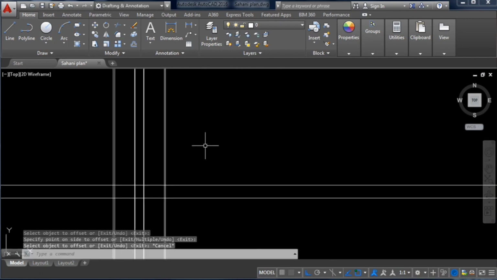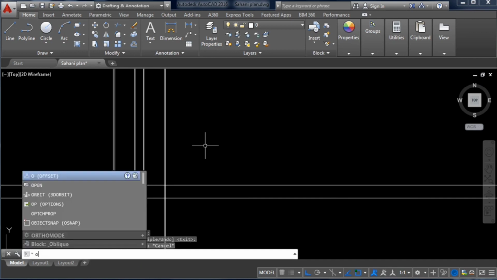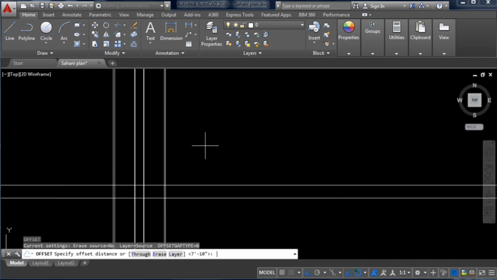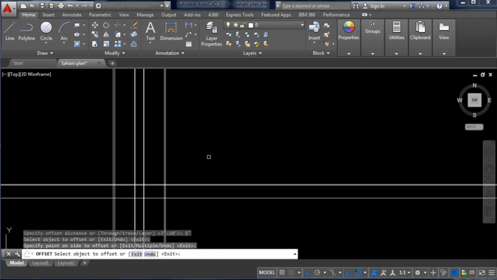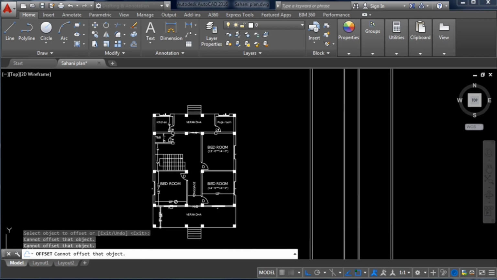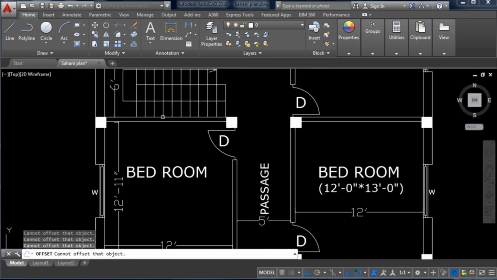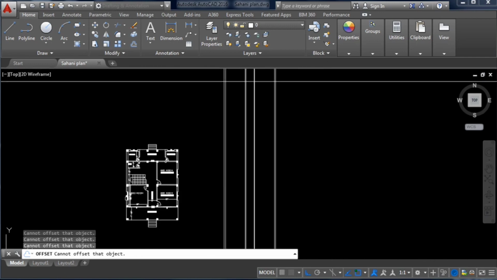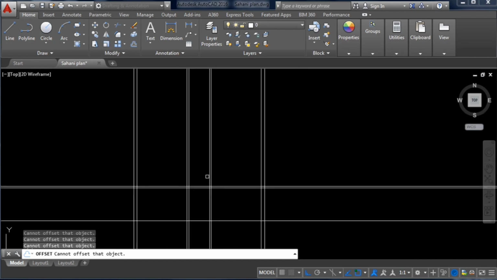So again I am taking the offset command, O, enter, and 5-inch, enter, and click on this, and again we have created a 5-inch wall. And from this wall to this wall is 12 feet 11-inch. Okay, so again take the offset command, O, enter, and 11 feet,